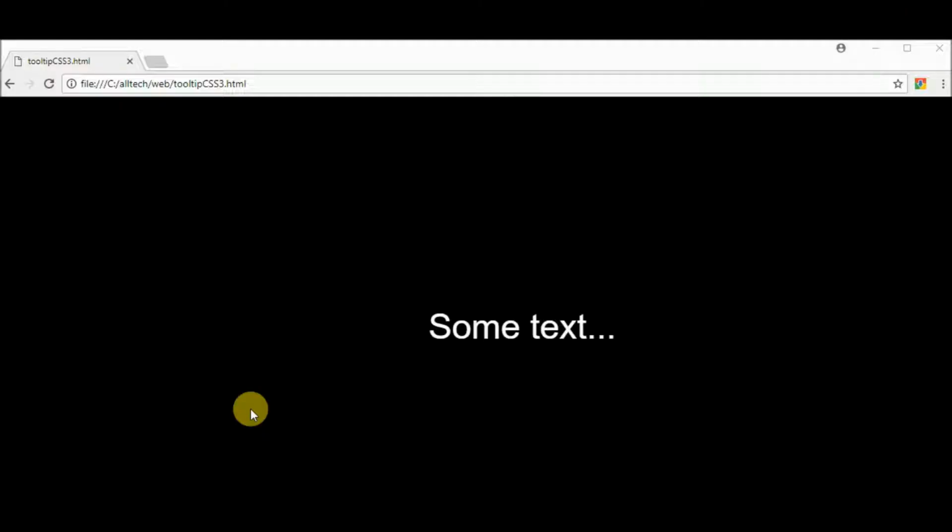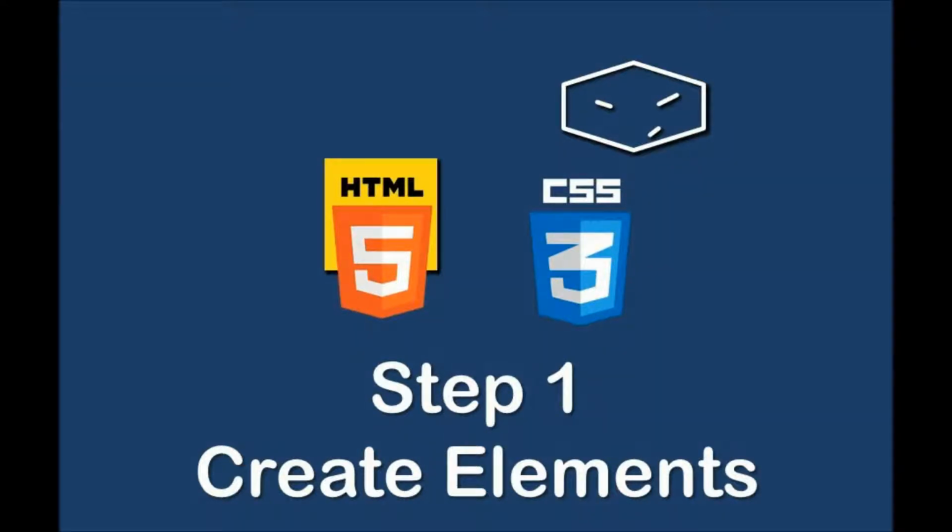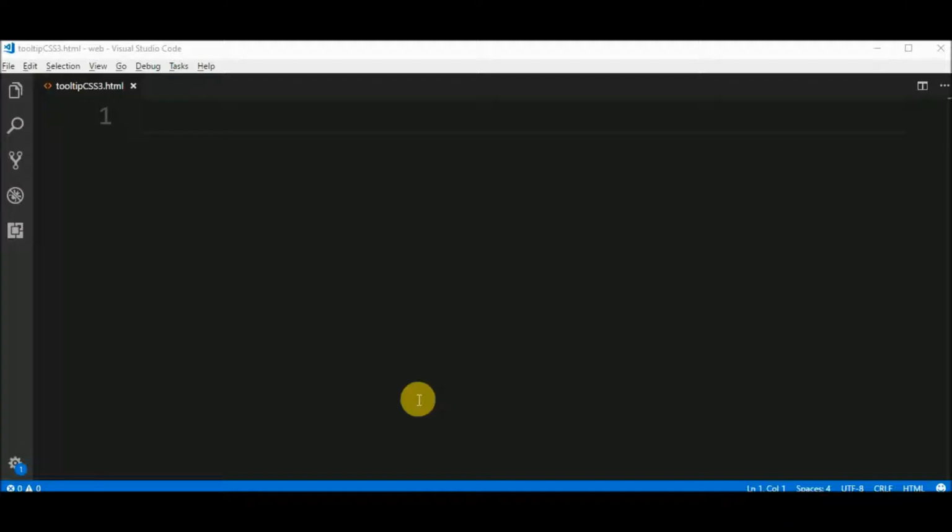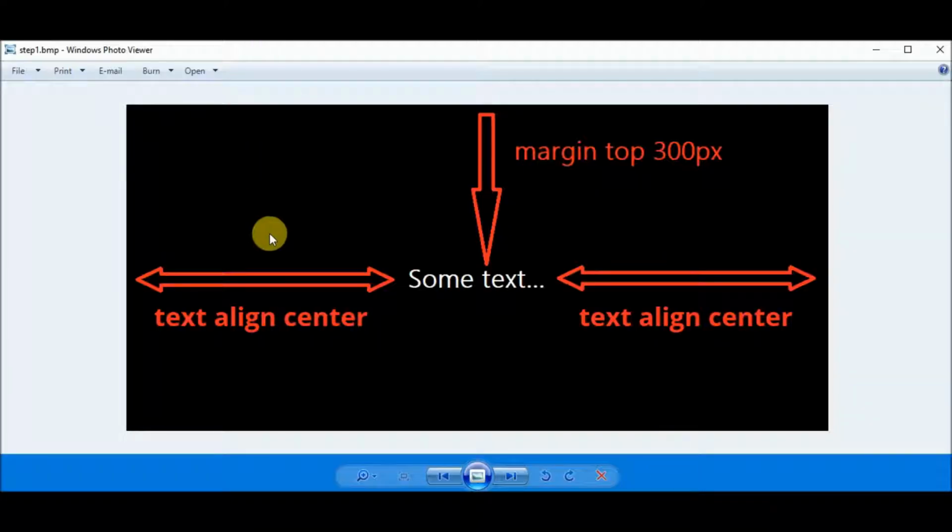Hello, in this video I will show you how to make a tooltip like this one using HTML and CSS. So in the first step I will start with an empty file, and I will do something like this,